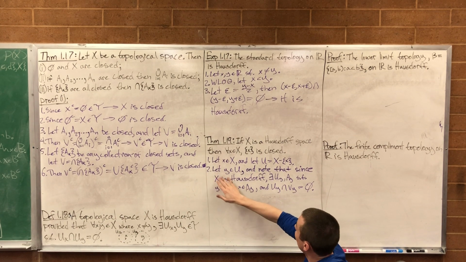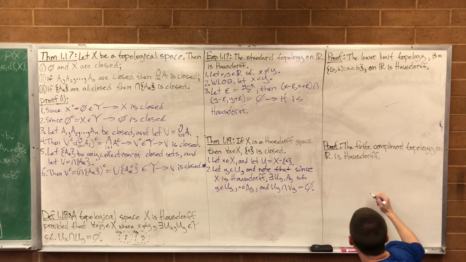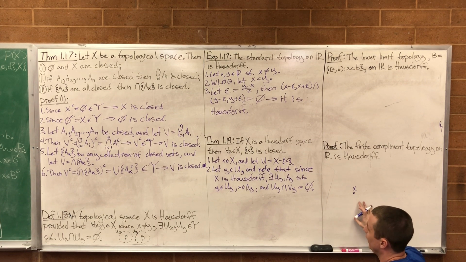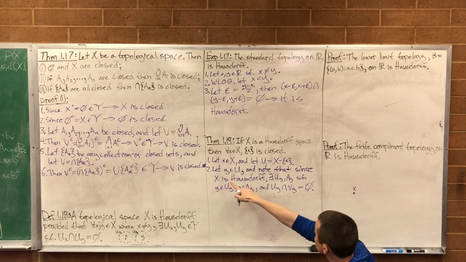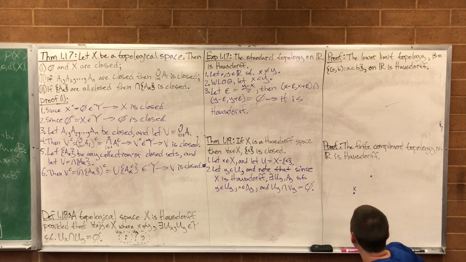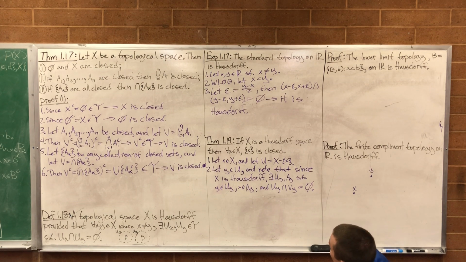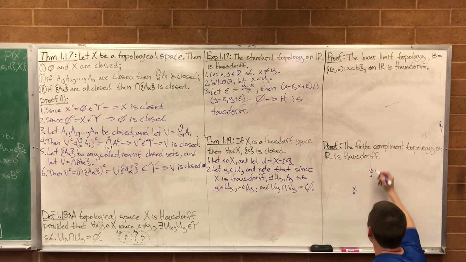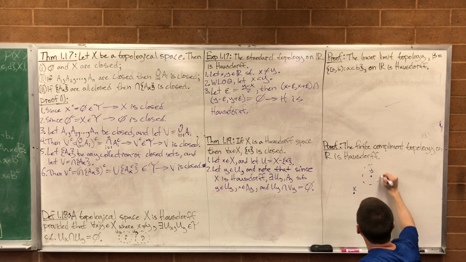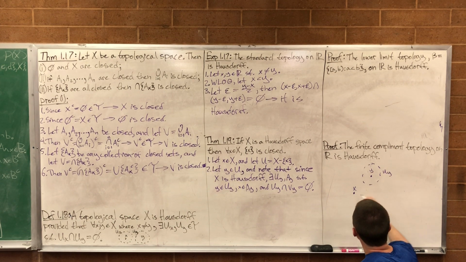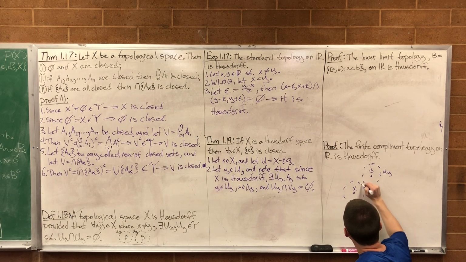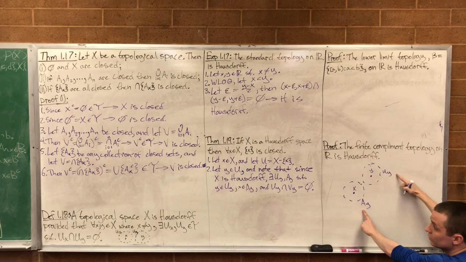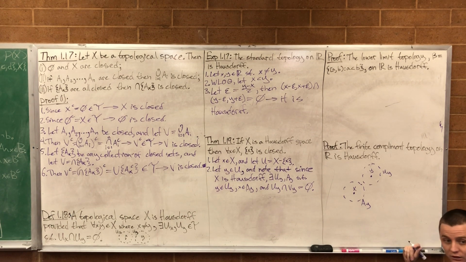Okay, so maybe you have our picture over here to help us keep track of it. Here's x. U is everything that's not x. We said, let y be anything in U. Okay, there's a y. And we said that since X is Hausdorff, there must exist neighborhoods. Here's U sub y and here's A sub y. There must exist two neighborhoods, these are just names, such that their intersection is empty, right?